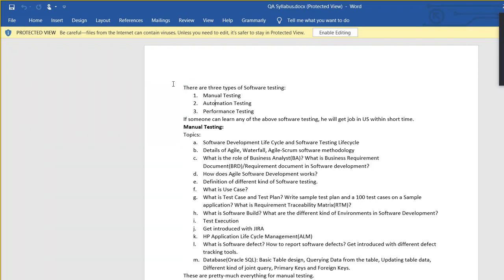Automation testers again test the application, but the application will be running automatically without any interactions. Code will be doing the testing. Your computer code will be doing the testing. Performance testing, they put a lot of pressure on an application to test if it is able to work under load. Got it? So these three terminologies: manual testing, automation testing, performance testing. Amit, if you can give me a little bit of an overview of what you have understood so far from this discussion, is it possible?